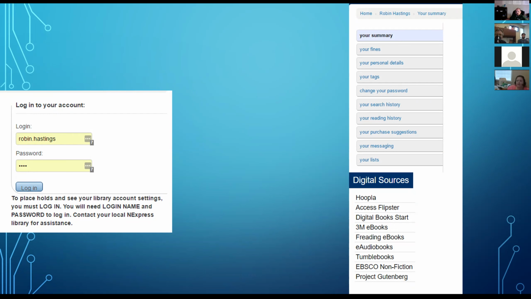I did mention that you can change your password. You can see your search history. Right now, everybody can see their search history. George and I are talking about ways to let people opt out of that, so we're no longer saving their search history, so that if someone does come in with a subpoena and says, I want to see everything that Dan Alexander has checked out in the last year, we can go, sorry, we don't have that information. Right now we do. And so it is vulnerable to a subpoena.